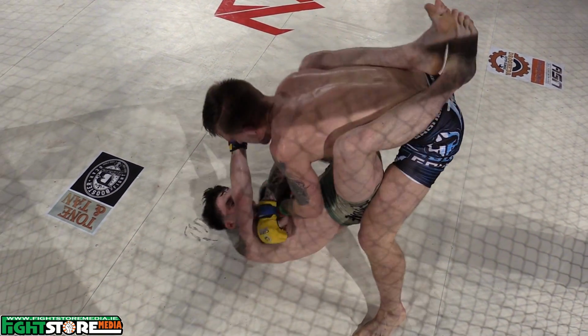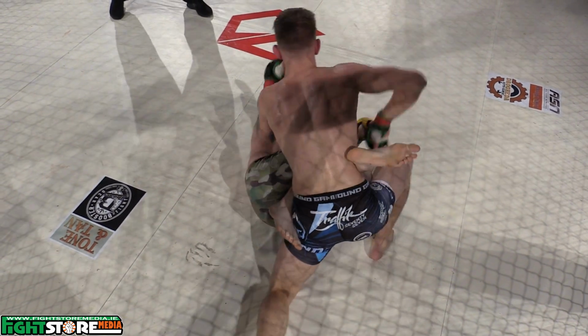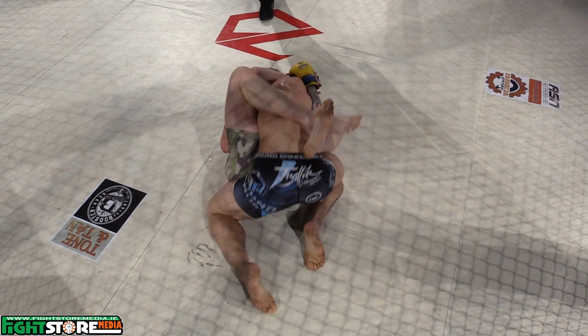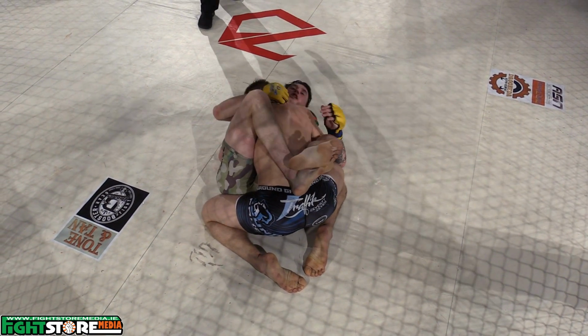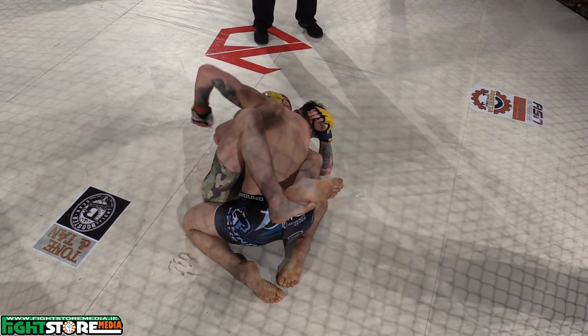Dylan can't let him stand up like that. This is where Marcin has landed some good shots before. And again, he's going to his ground and pound. And now it's Zembala. Zembala has landed in this position a couple of times, but it's worked out that it's